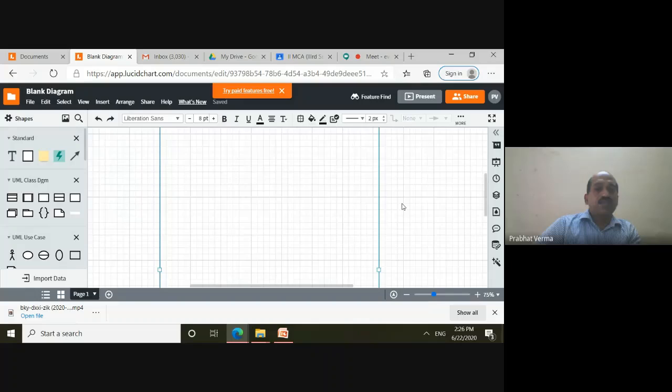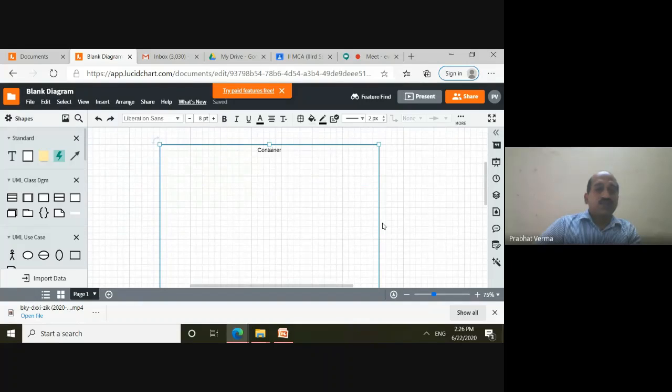So this is representing the system boundary. Now, as we know, use cases are represented by this oval, so in order to depict the use cases, we have to drag this from there into this container.